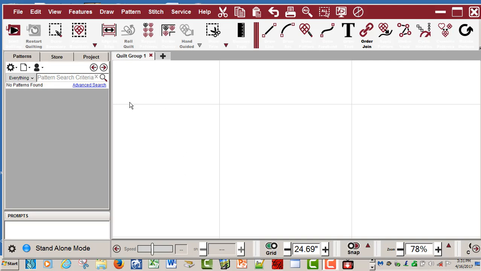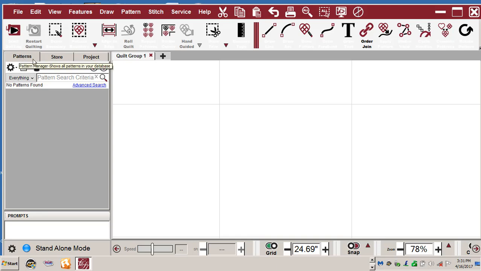I'm going to show you how I have figured out on importing patterns. Right now I click the pattern box here and everything, and I don't have any patterns in my database. Click on a project, there's nothing going in a project. So in the patterns, I don't have any patterns in there. If I click right here,